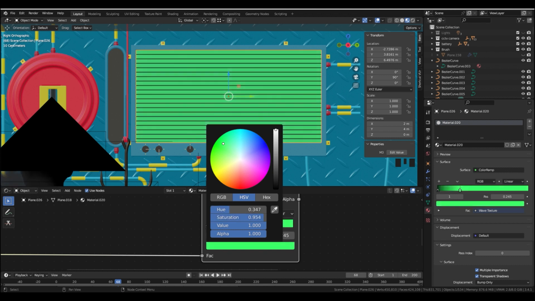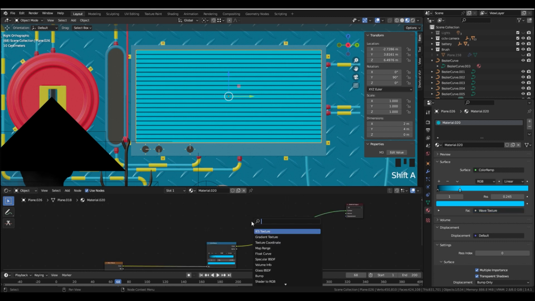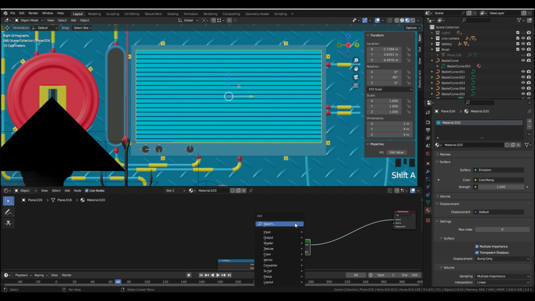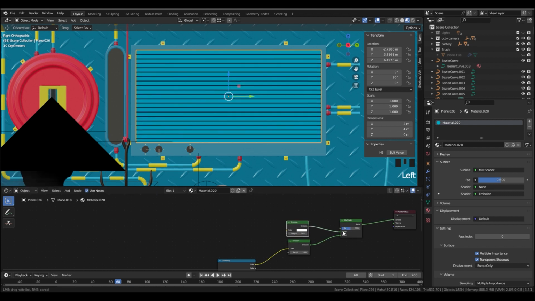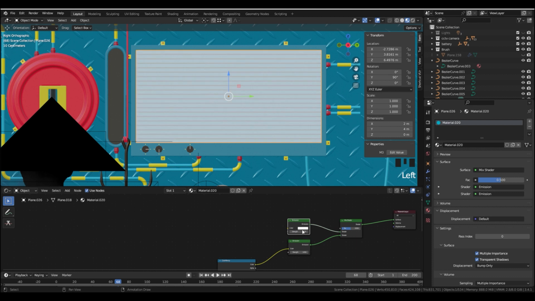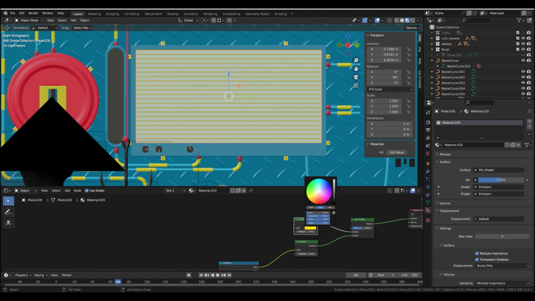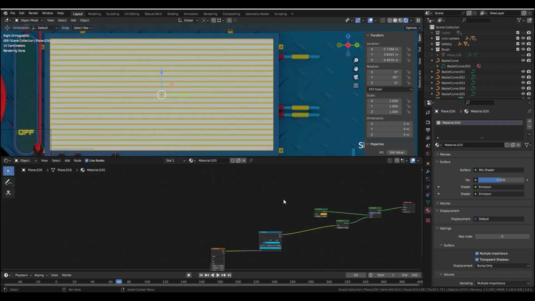In my opinion, something bluish looks cool. Okay, let's make an emission material and a mix shader. Duplicate the emission. I choose a yellowish color for it. And now import the texture we made